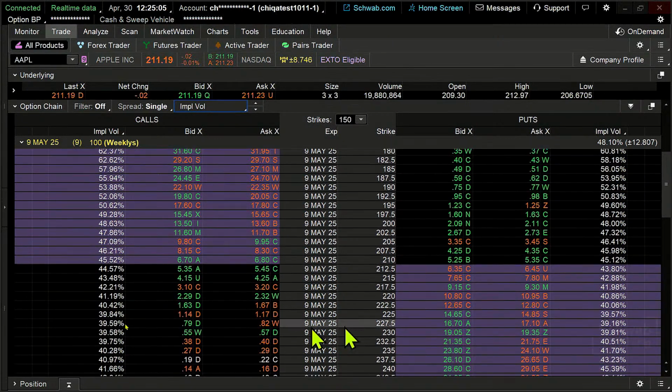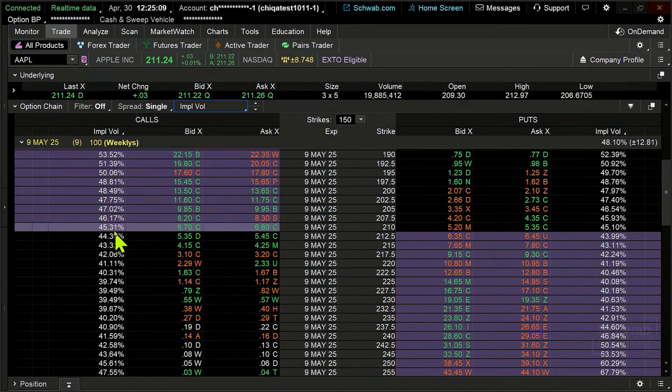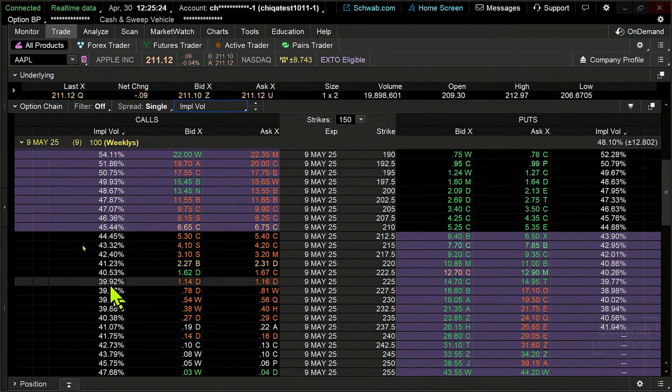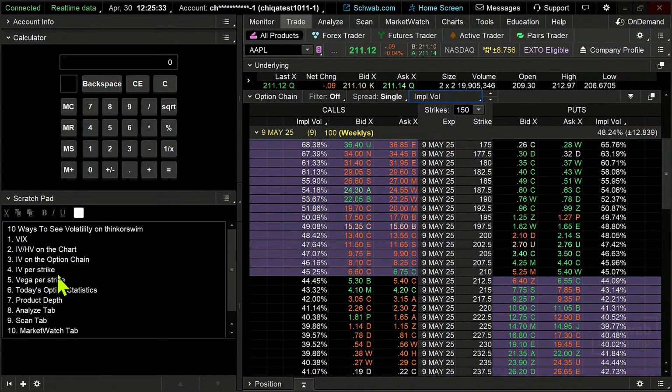So this average of implied volatility is oftentimes going to be centered right around the at the money strike, or very close to the at the money strike. There might be a little bit of a lean one way or the other directionally, but it's not enough to necessarily give us a clue about which way the market is leaning. So we can see implied volatility for each strike price. So that is our next, number 4, level of viewing implied volatility.